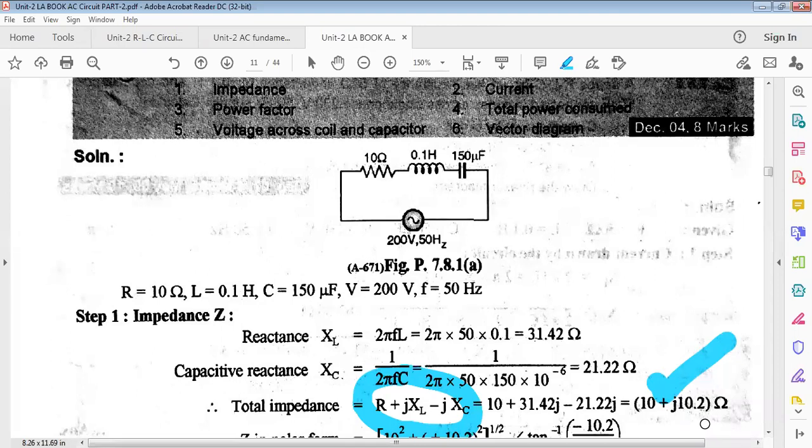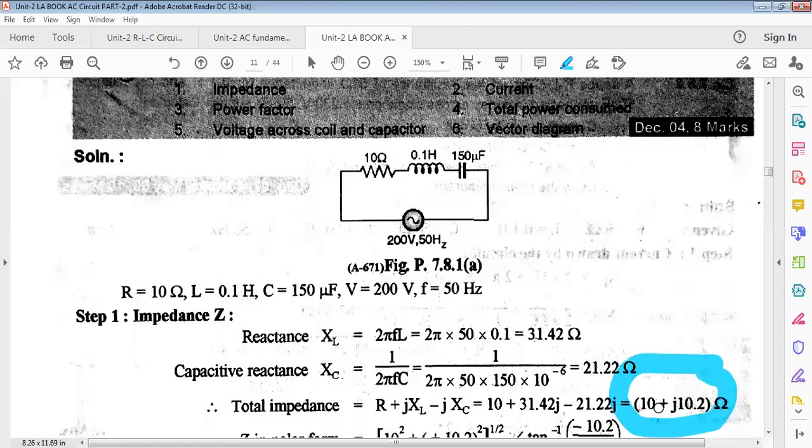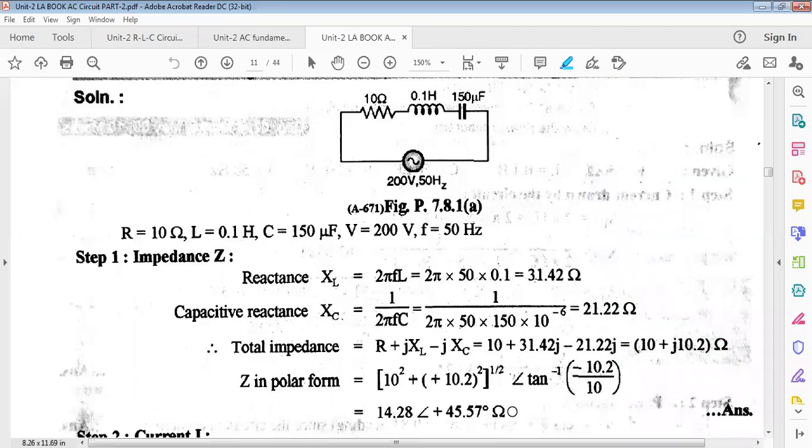Okay, now to calculate the power factor, we require the power factor angle. So whatever the Z you got, do tan inverse of imaginary part upon real part, then phi you will get, take cos phi. Or another option is convert it into polar form. Whatever is the angle you will get, that will be the power factor angle, and take cosine of that angle. Okay, so here Z in polar form you will get like this. So this is the power factor angle.